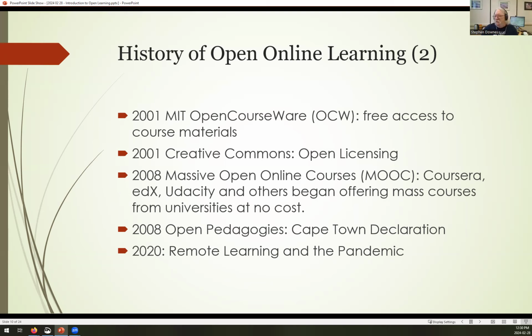I want to mention 2020 because we got this new thing in 2020 called remote learning, which was sort of like open online learning, and sort of like a whole bunch of people who knew nothing but classroom teaching tried to do classroom teaching using Zoom. Kind of like what we're doing here, except maybe more interactive.